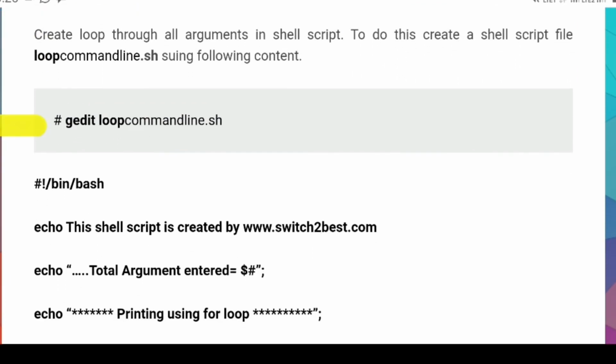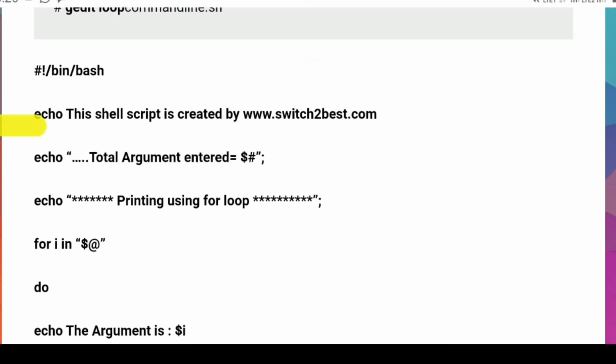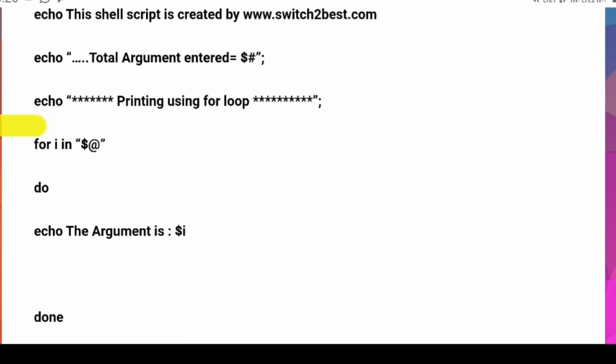Now we are going to create a shell script using a for loop to see all the arguments one by one. Here is the code for that program. We simply write this for loop: for i in "$@". That means it will show all the arguments one by one. We start the for loop, and then use echo.